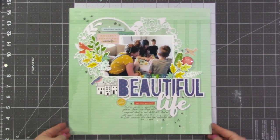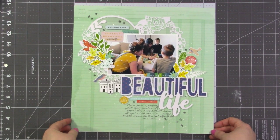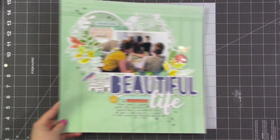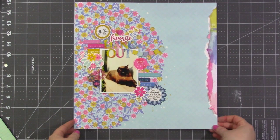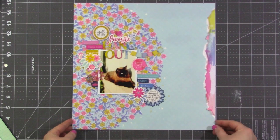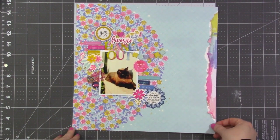This one is using a Hip Kit, along with an exclusive cut file. Very, very fun. This one was made using the Pink Paisley Horizon collection by Paige Evans, and I have been using that